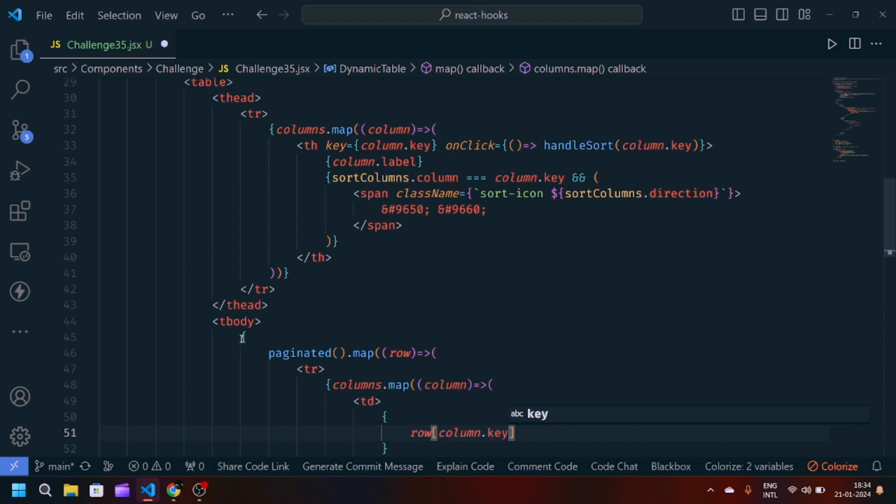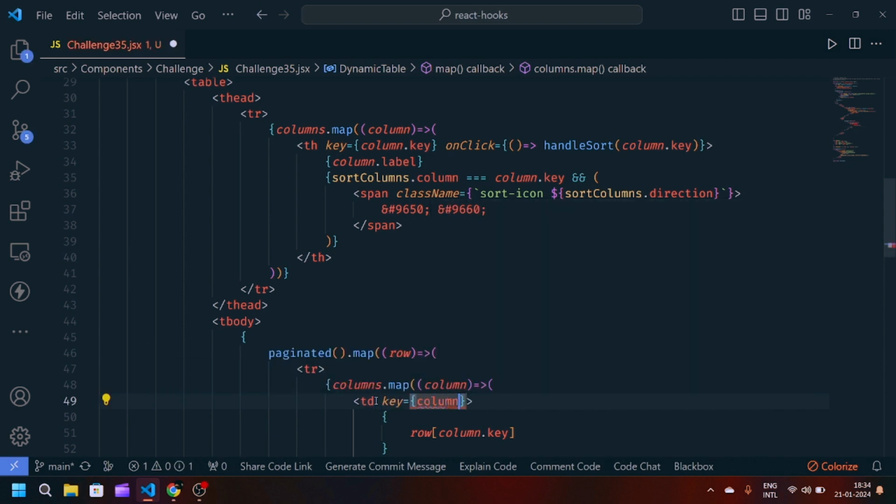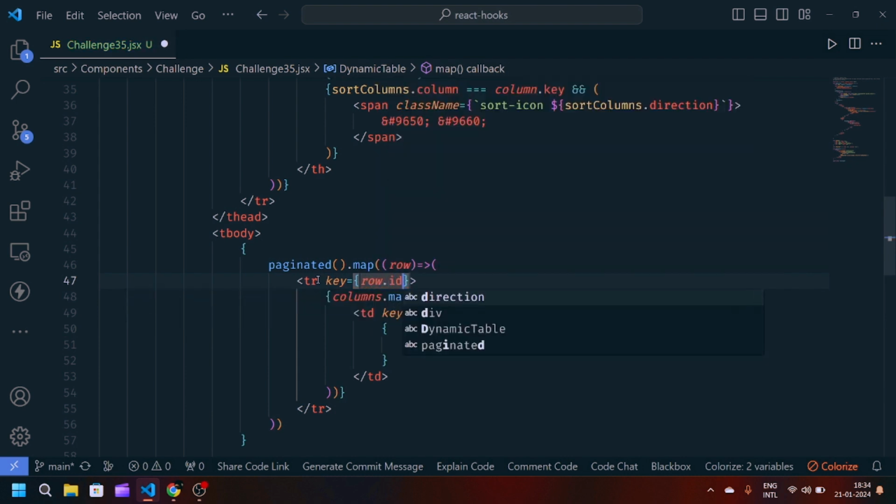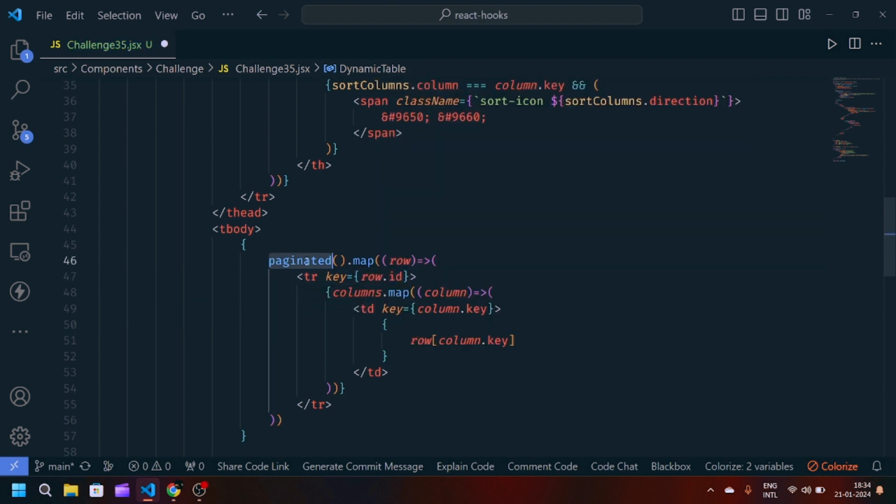We will write row, column.key, column.key, and row.id. So for the paginated data,